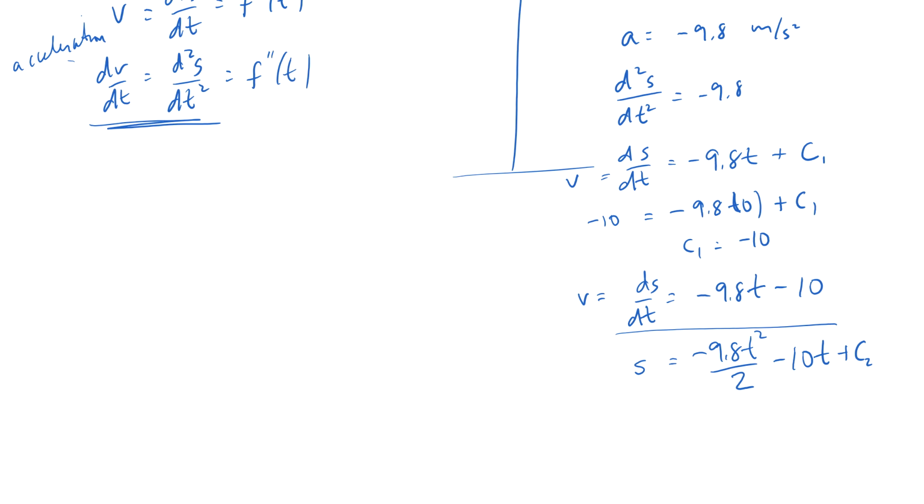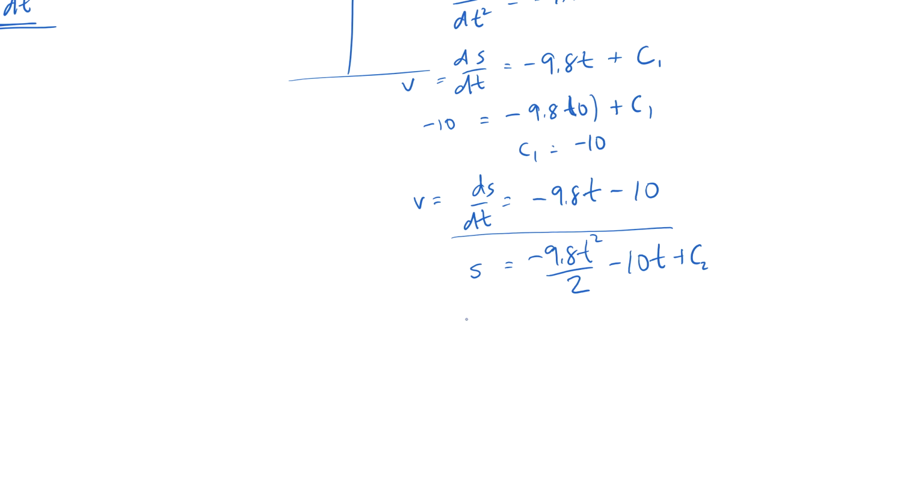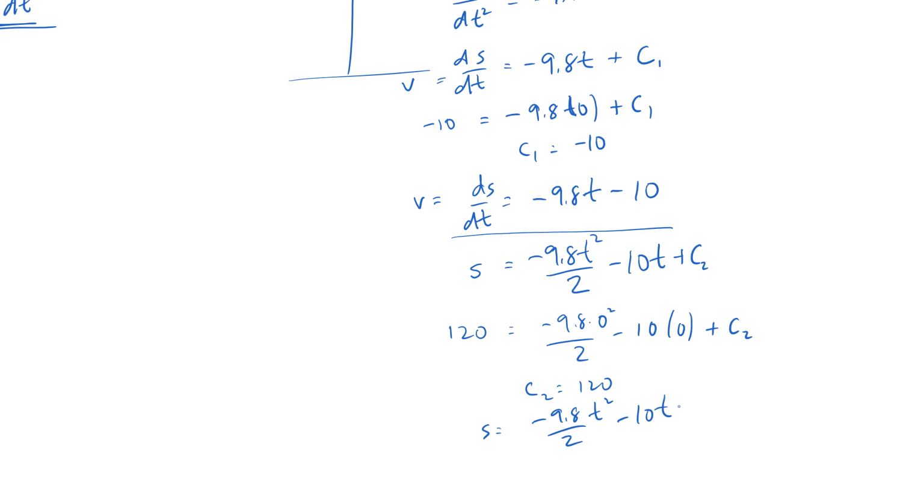Okay. And if my cliff up here was 120 feet tall, then when t is 0, my position is 120. So I get negative 9.8 t squared over 2, t is 0, minus 10 times 0 plus c2. Okay, so then therefore c2 is 120. So therefore my position is negative 9.8 t squared over 2 minus 10t plus 120. Okay, so here's a particular solution